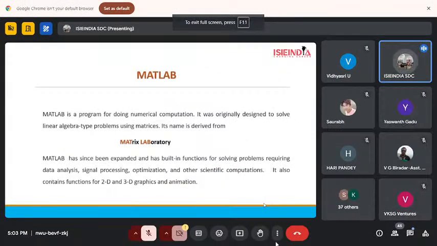So first of all, I will go for the software MATLAB. MATLAB is software used for numerical computations, like every type of calculation. It can be linear algebraic or a quadratic equation. Any of them, you can solve any equation in MATLAB and Simulink. MATLAB and Simulink use a high level programming language, so any type of calculations can be done. And MATLAB is not only used for the automobile industry,